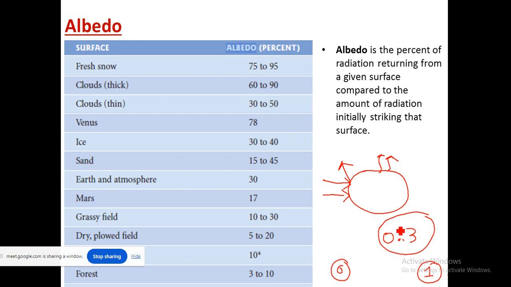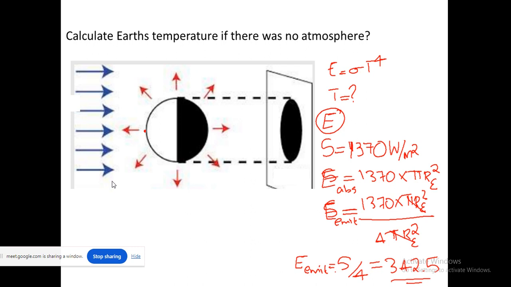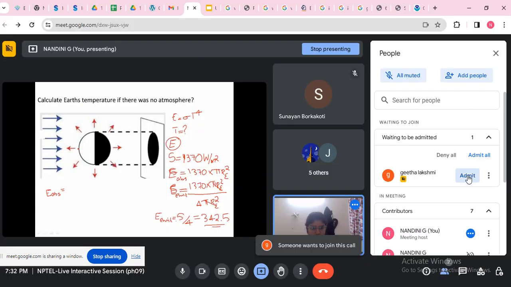What it basically means is that out of the incoming solar radiation, before the earth is absorbing the radiation, 30% is being reflected back. So now, what we assumed to do the calculation is that whatever incoming solar radiation comes to the earth, the earth is absorbing the whole and then re-emitting it. That's what we assumed. So we calculated E absorption and E emission. Now what we just found is that some of the incoming radiation is being reflected back before the earth is absorbing it. So we have to consider this quantity also. Now we have E absorption, which was